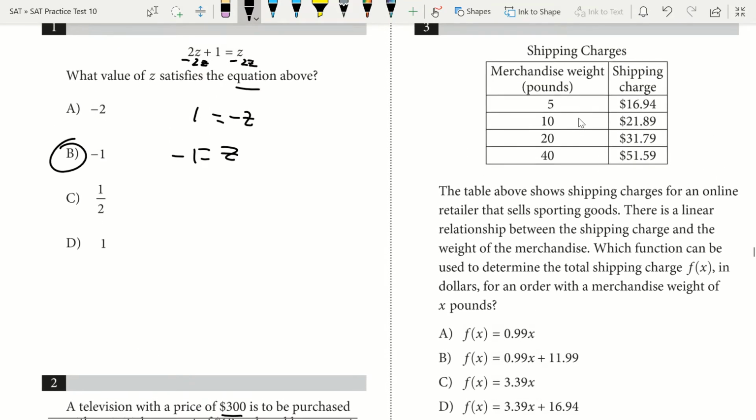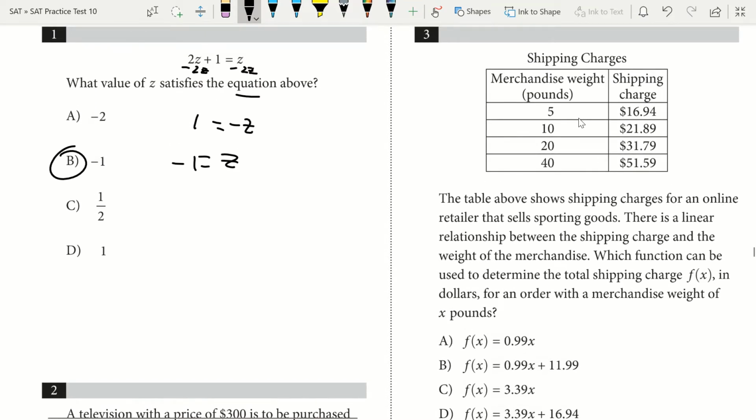Alright, question 3. The table above shows shipping charges for an online retailer that sells sporting goods. There's a linear relationship between the shipping charge and the weight of the merchandise. Which function can be used to determine the total shipping charge f of x in dollars for an order with a merchandise weight of x pounds? Well, if I look here, I know that my x increases by 5, and I see that my y then increases by